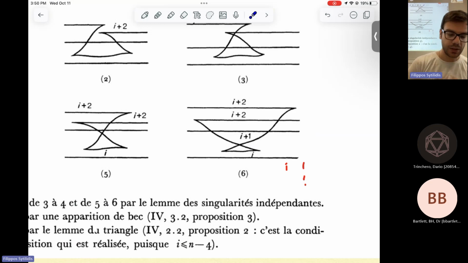In order to cancel those swallowtails, from the theorem that I just told you,